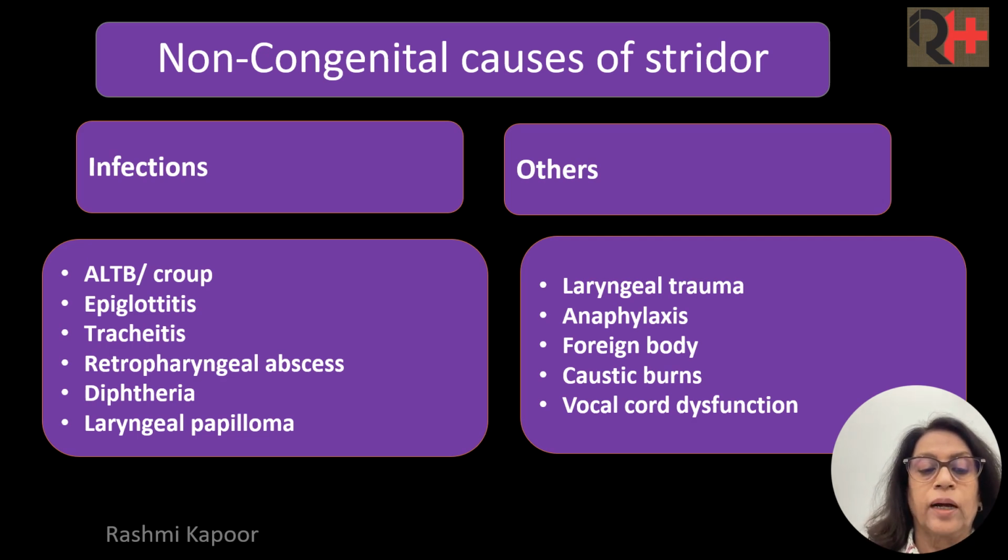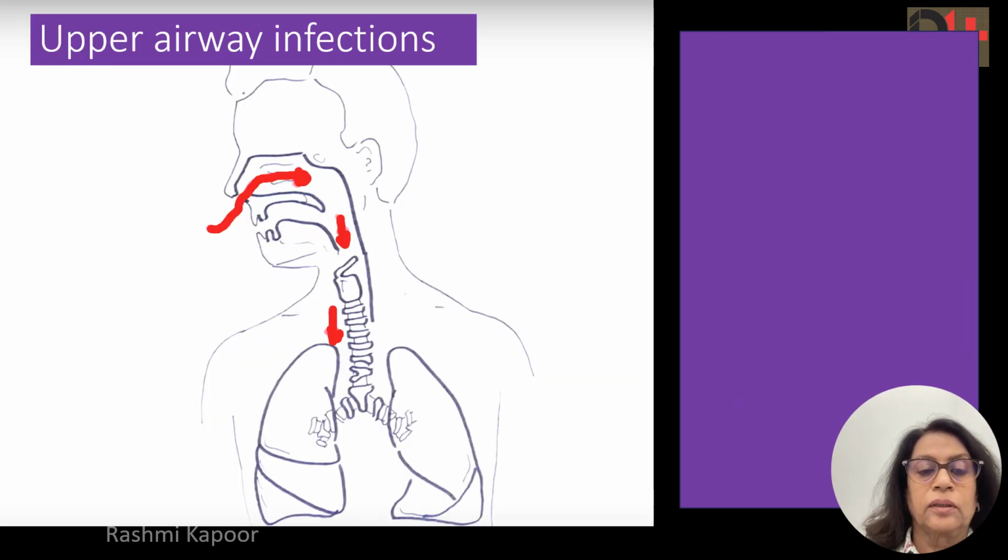laryngotracheobronchitis, croup, epiglottitis, tracheitis, retropharyngeal abscess, diphtheria, laryngeal papilloma, and others are laryngeal trauma, anaphylaxis, foreign body aspiration, caustic burns, and vocal cord dysfunctions. Now, let's discuss very important causes of stridor in children, that is upper airway